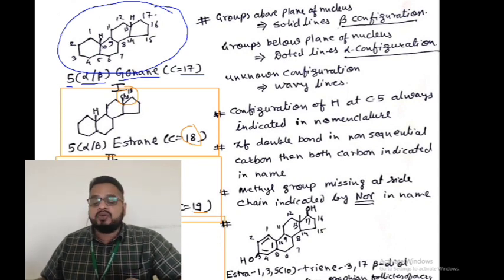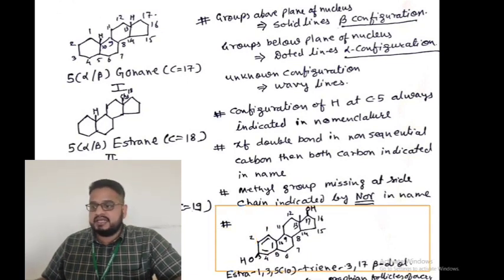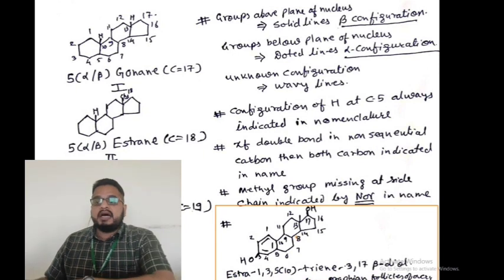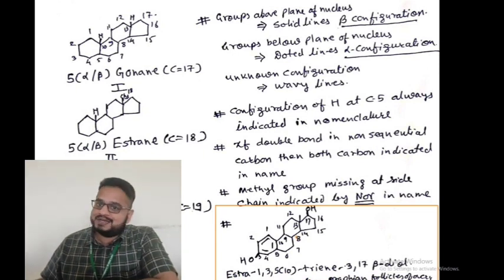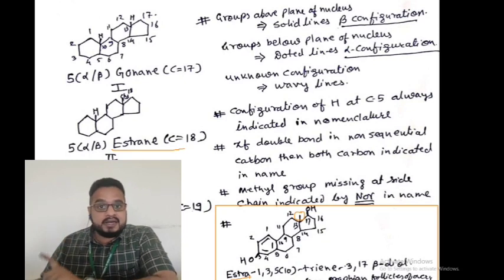Okay. Now check this structure. In this particular structure, in the orange box, we have to check how many carbon atoms are there. 17 are there, and plus 1 here where I have made a circle. So altogether 18 carbons are there. If it is 18, 18 means estrane. So this will be the estra ring. So that is estra. Then the double bond counting.